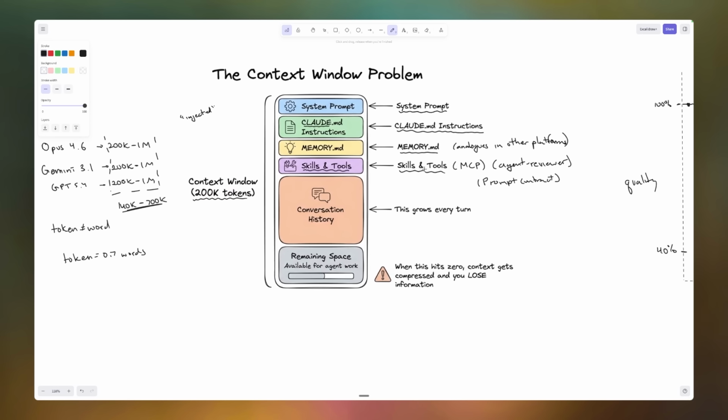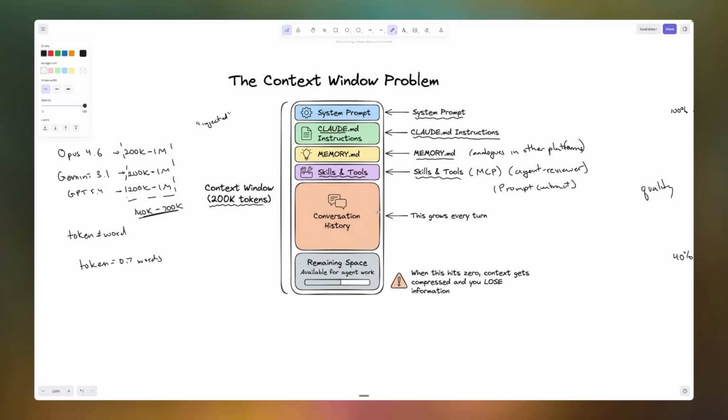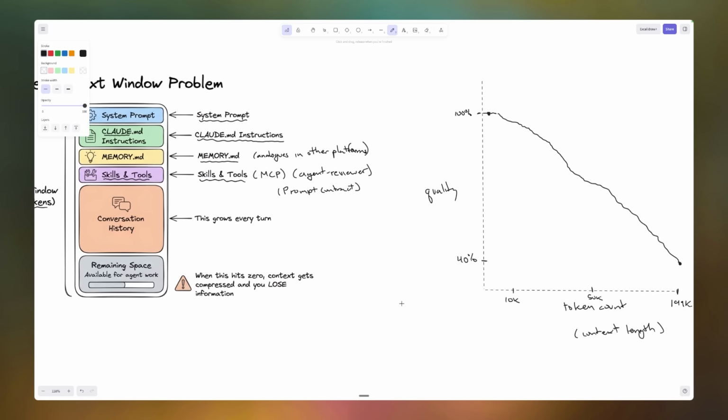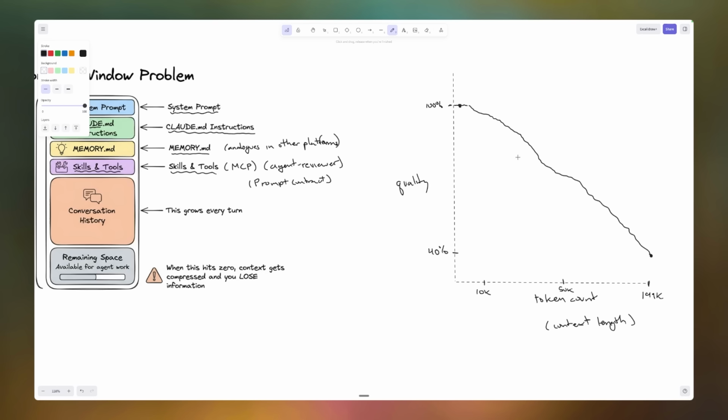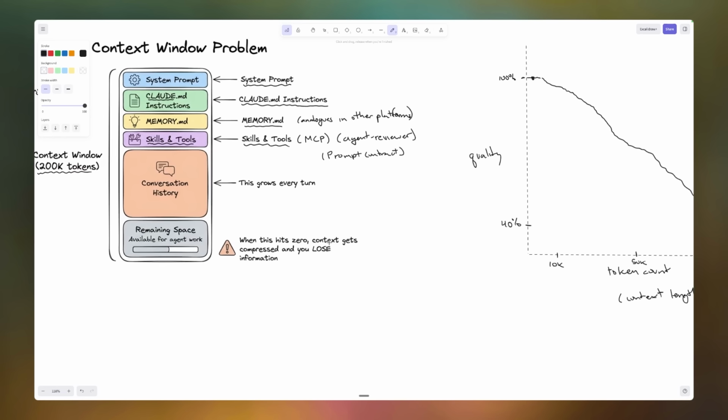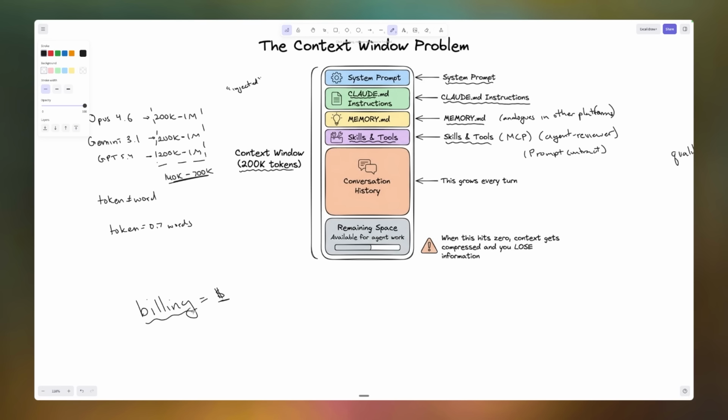And so understanding context windows and then learning a little bit of context management, ways to proactively manage all of these things, some of which you have control over and some of which you don't, is very important. It's also important, of course, because of billing. The more tokens that you use up, obviously the more money that you spend. And so not only is it best from a quality perspective to try and push to the left side of this graph as much as humanly possible, it's also very relevant from a financial perspective, because obviously the more tokens that you use, the more money you spend.